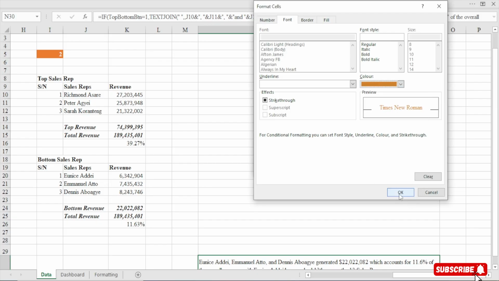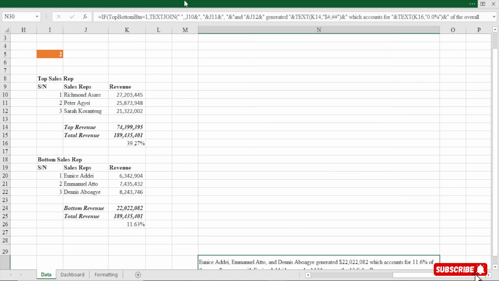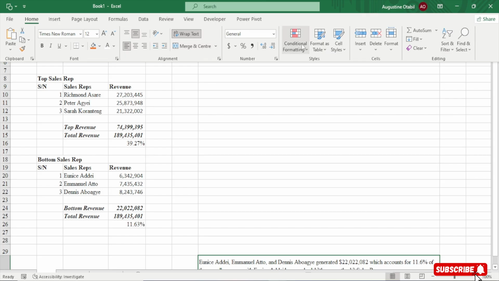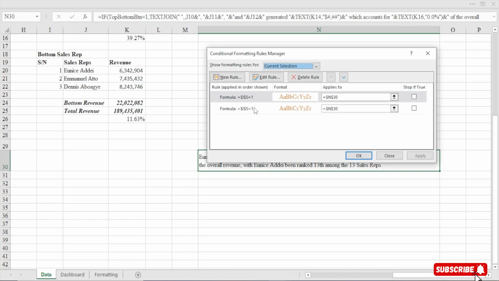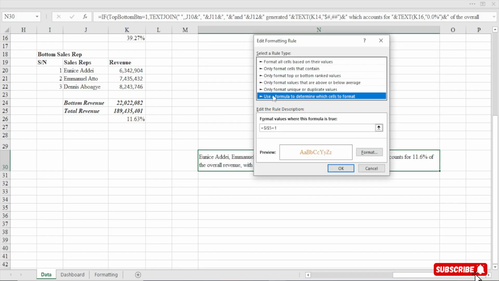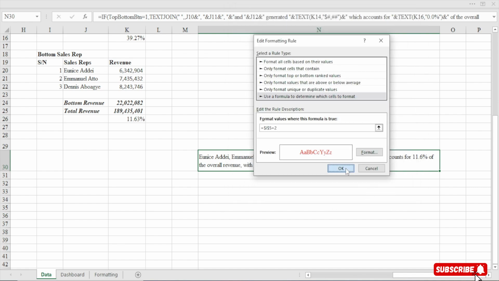So I think the colors are repeating, right? So let's check that. If this is 2, let's manage rule. So if it is 2, edit true. If this is 2, then the color should be red. Do you see that? Perfect.